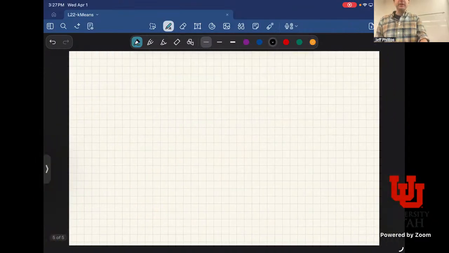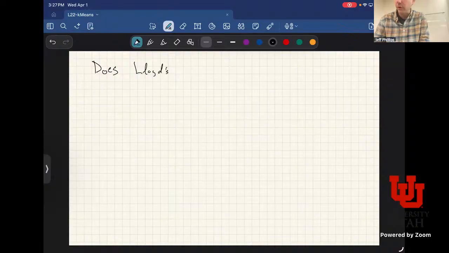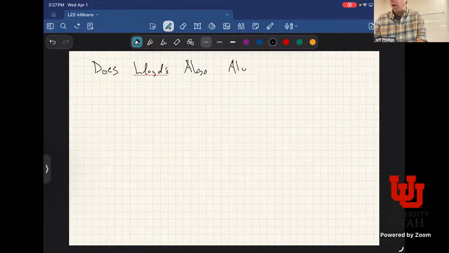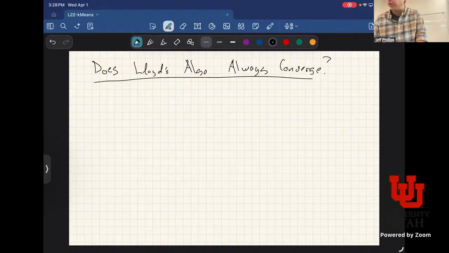So this seemed to work. Okay, so can we say, does Lloyd's algorithm always converge? Does this always converge, or can this get stuck in a situation where it's like cycling between these different